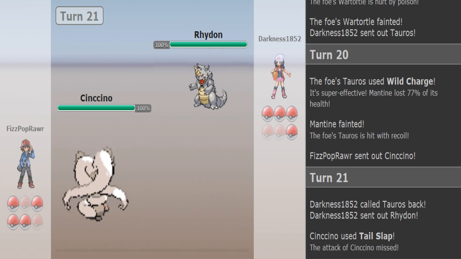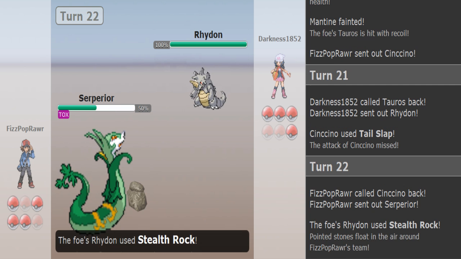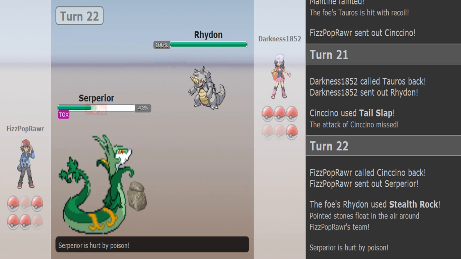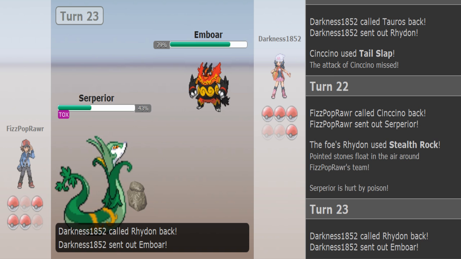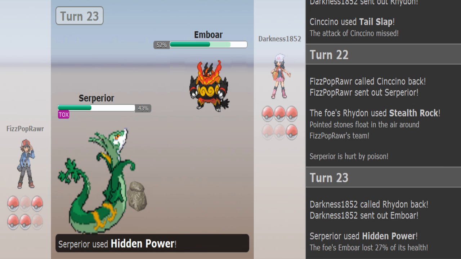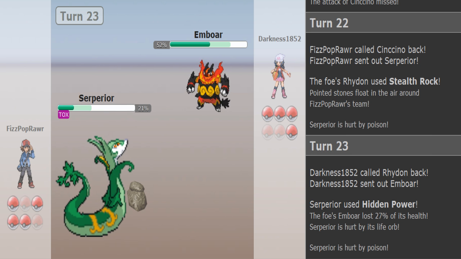So my Tail Slap is going to miss the Rhydon, and it doesn't really matter because Rhydon is really bulky, and he's just going to be able to get up the Stealth Rocks as I switch out into my Serperior. So, the Giga Drain being obvious, I just go for the Hidden Power Rock on that Emboar, and unfortunately it does not do that much damage at all because I have no Calm Minds under my Serperior's belt,